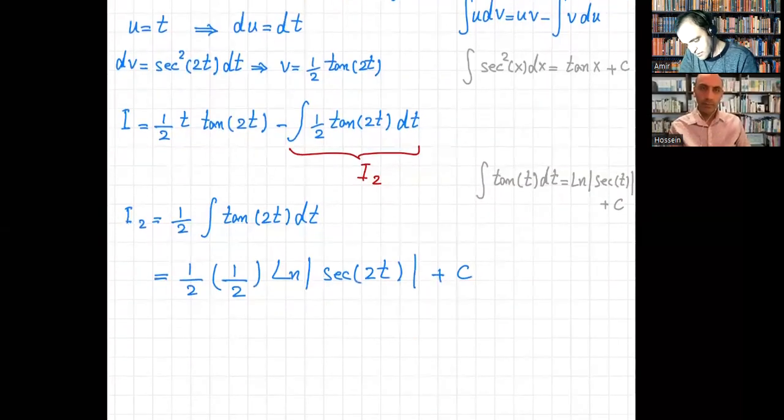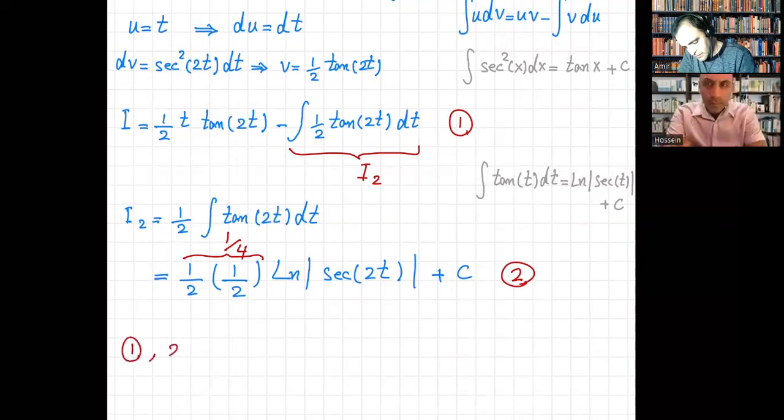You substitute that into the expression above. This is 1/4. So if I call this one relation number 1 and call this one relation number 2,